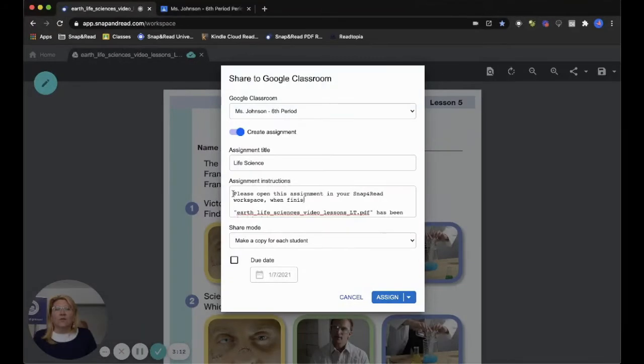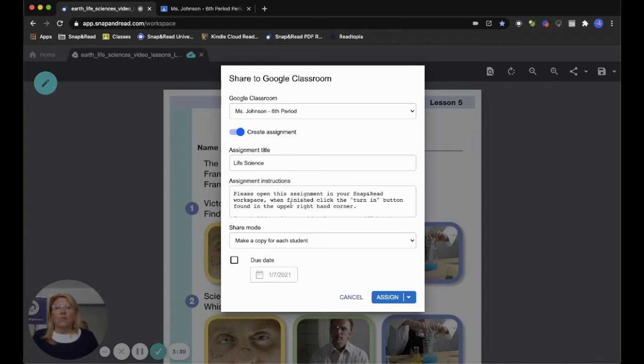When finished, click the Turn In button found in the upper right hand. And I can spell too.